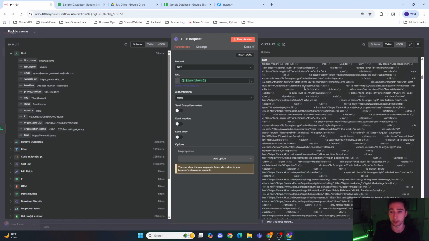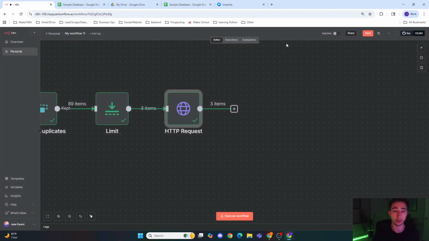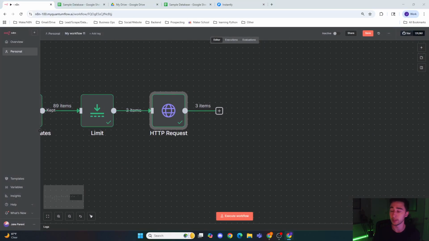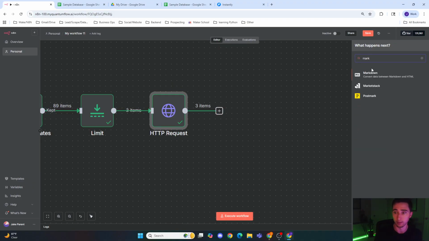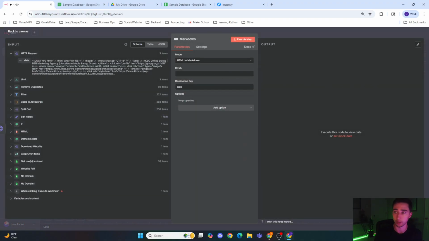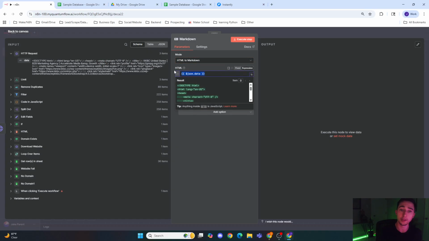Now this is a bunch of gobbledygook that we as humans can't really understand, at least non-technical humans that don't know how to look at this stuff. But what does understand it is Markdown. So you have to convert this to Markdown. You can do that. But what works better is if you go JSON.data,